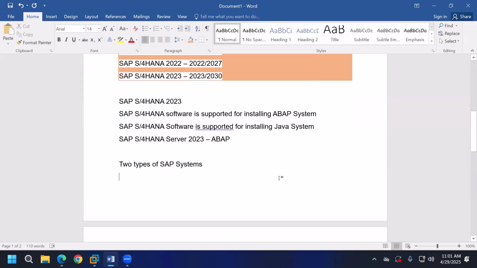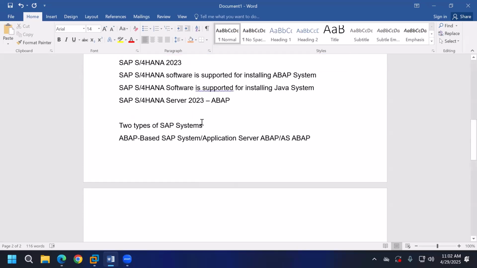You want to know that. One is the ABAP based SAP system. You call it ABAP based SAP system, or application server ABAP, or in short AS ABAP. And another system is the